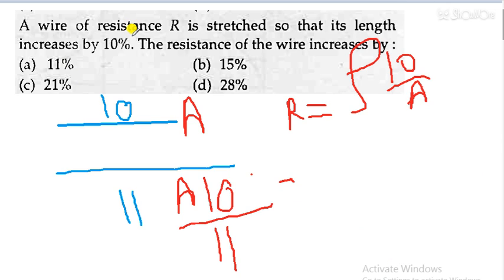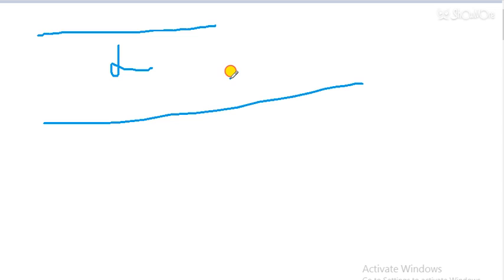I will give you the shortcut way also. I will explain the shortcut way for this question in the next video. I will find some shortcut for this type of question, but basically you have to follow the complete steps. In that way you can get the answer. So now I am taking you to one more question, one last question. Let's suppose this length is L and the new length is 2L by 3.